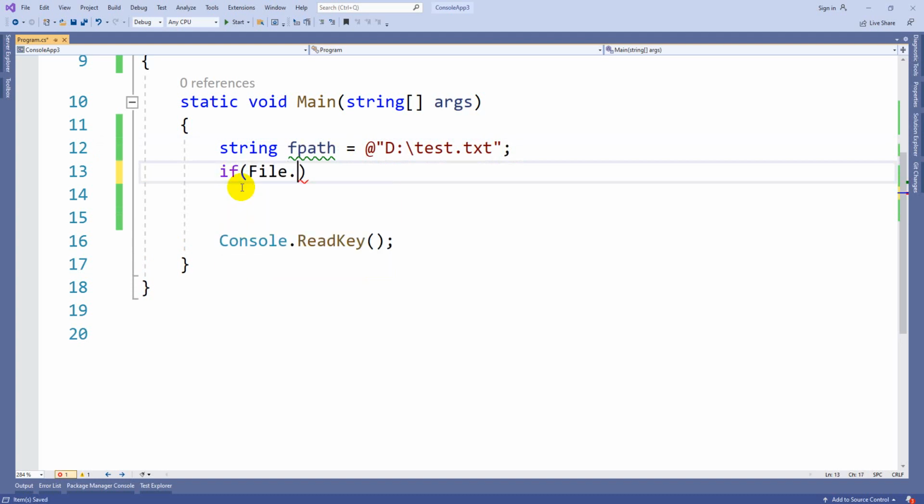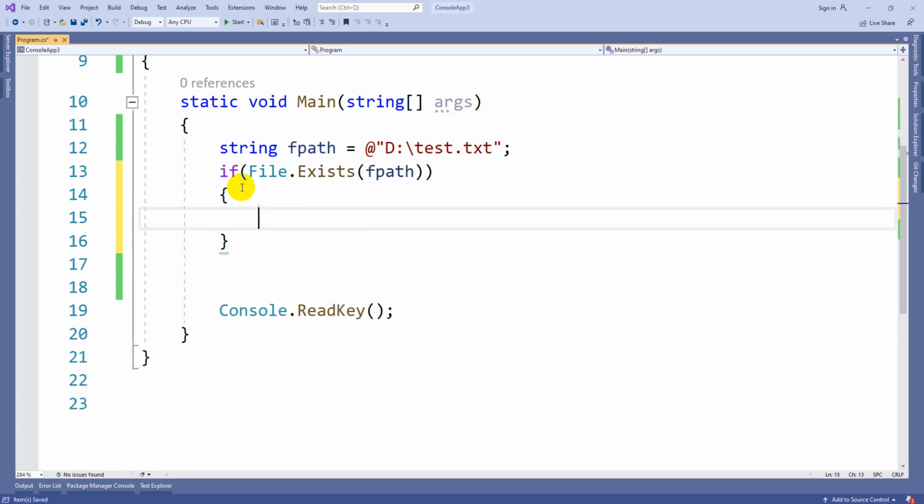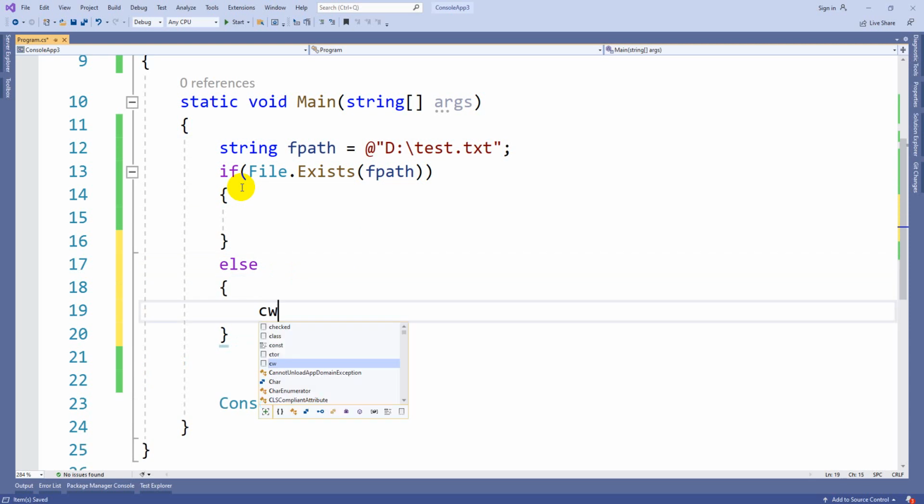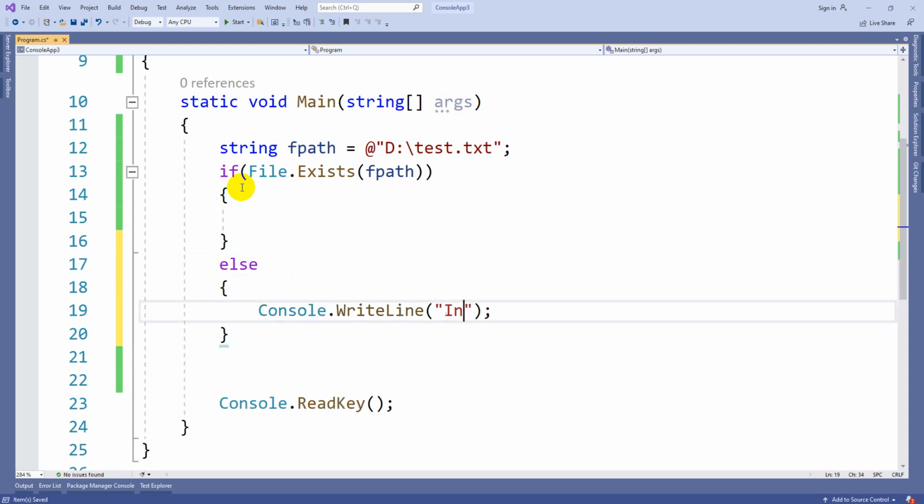If File.Exists of fpath, then I can write. If it does not exist, then I need to write an error message: invalid file path, or file does not exist.